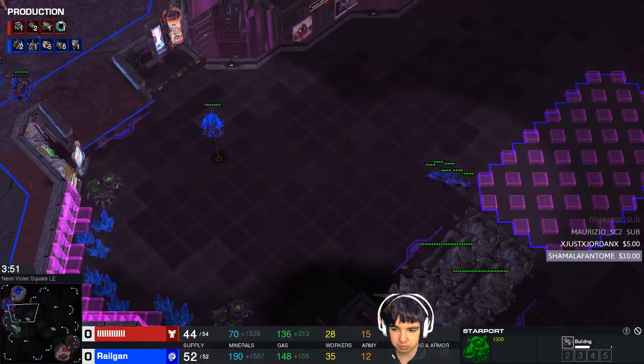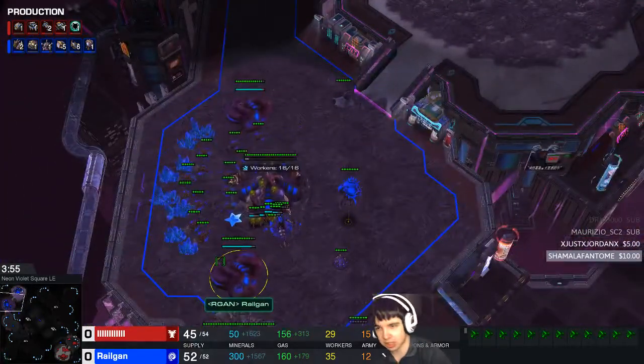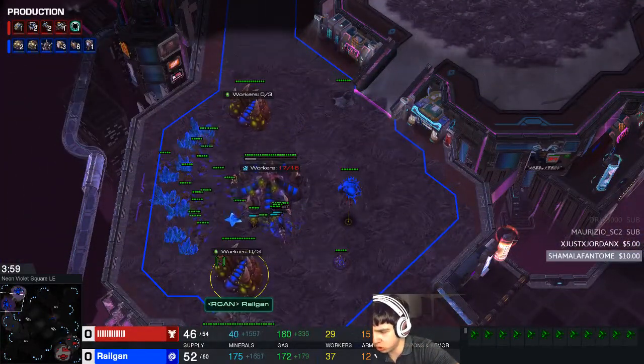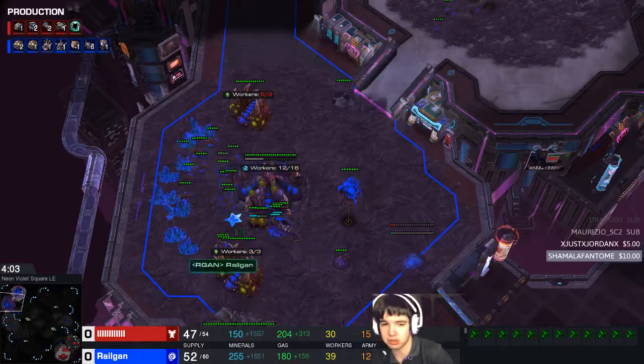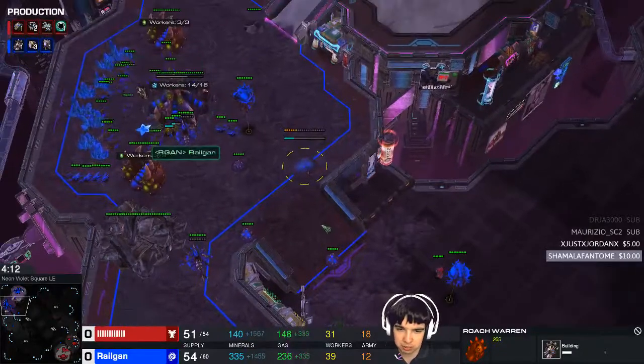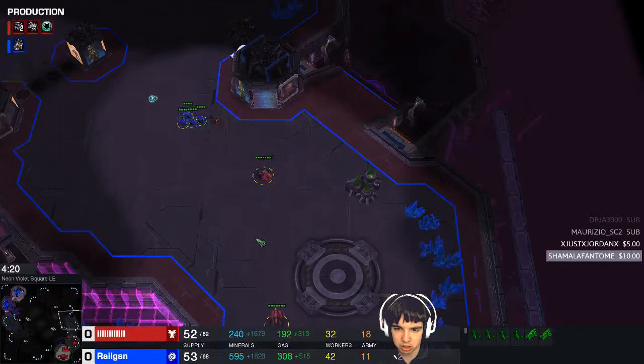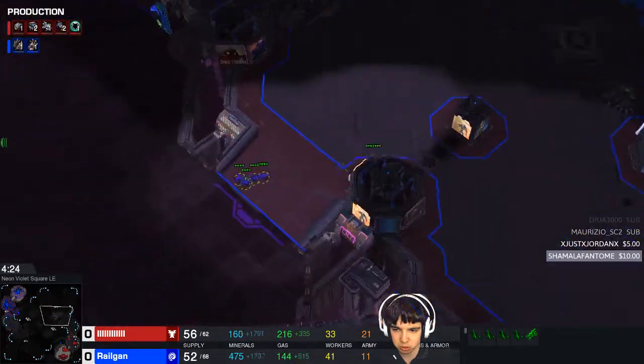In the meantime, at home I'm getting the Lair, the double gas. It's going to be the same 2-base Muta opener, but into something completely different. Once again, I'm throwing down the Roach Warren. I'm throwing it down a little bit later this time. I have some lings at home, always to keep myself safe. I'm poking around on his side of the map to see if I can do a little bit of damage